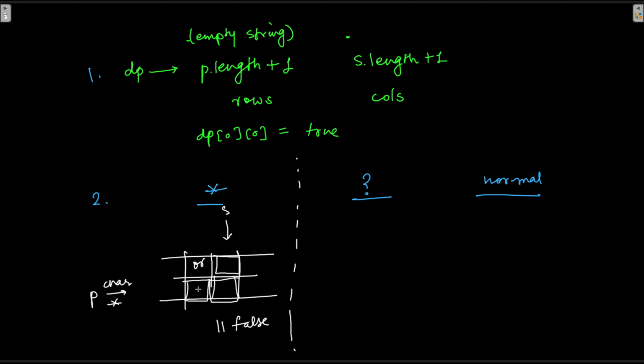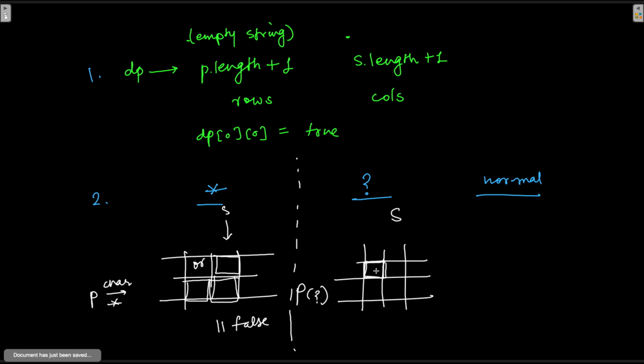What about question mark? So again, this is our DP array and we are here. So question mark by default always matches with any character if it is not an empty string. So except for the 0 row and 0 column case, it is going to match with any other character. So this is our P, this is our S, and this is question mark. So this is going to match with any character in S. So what happens? We go to the diagonally left top and we check what is the value that is stored there. Whatever the value is will be the value here as well, true or false.